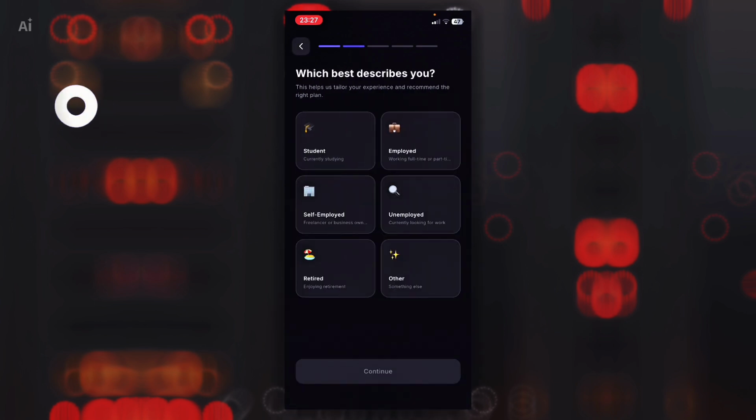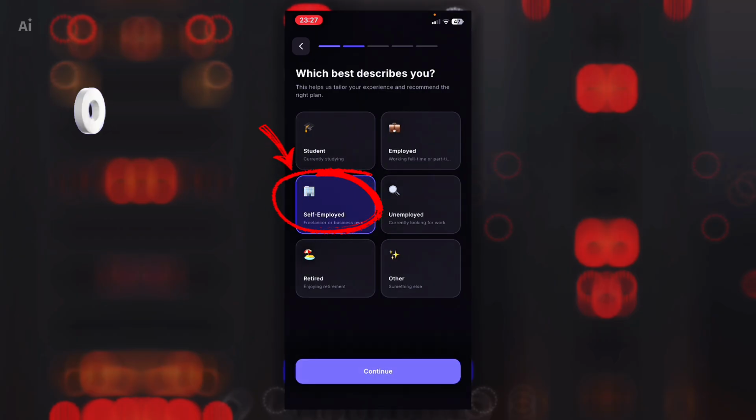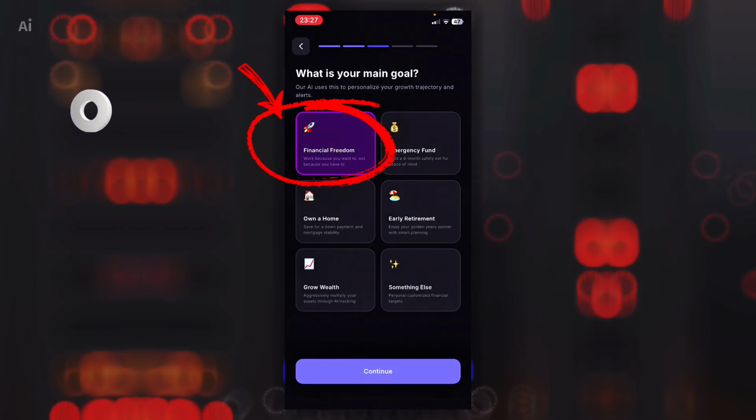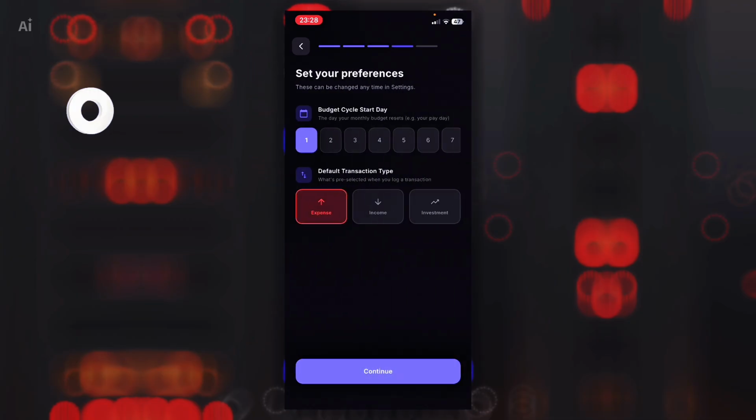So which best describes you? So this is just getting information about you basically. So I'll just select self-employed, then continue. What is your main goal? Let's say financial freedom. And this set preference is basically, because it is a monthly cycle, so it's